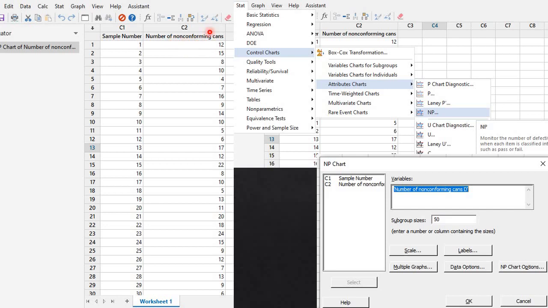First you have to write the total 30 samples, or whatever samples you have been given. Here we have 30 samples, so we write the number of non-conforming cans for the 30 samples. Here you can see. Then go to Stat and select Control Charts, and in Control Charts select Attribute Control Charts and select the P chart or NP chart, whichever you have to prepare. Then here you have to put the variable, and here we have to write the subgroup size. Here the subgroup size given is 50, and then simply click OK.